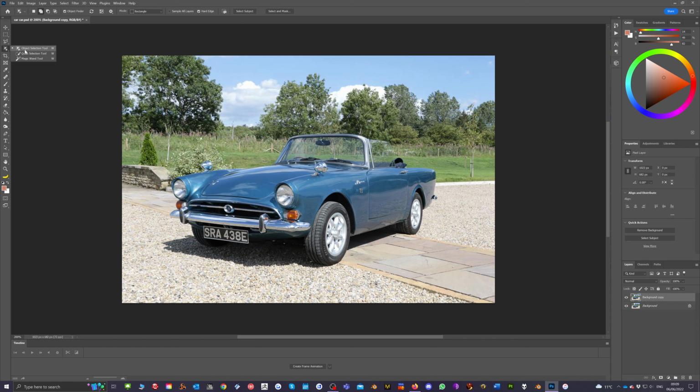So I'm going to get the object selection tool on. I'm going to hit select subject and see how we get on with it, because it seems fairly contrasty from the background. That's not done too badly at this. Maybe you want to try and select a bit more of that window. So I'm just going to go on to the quick selection tool,